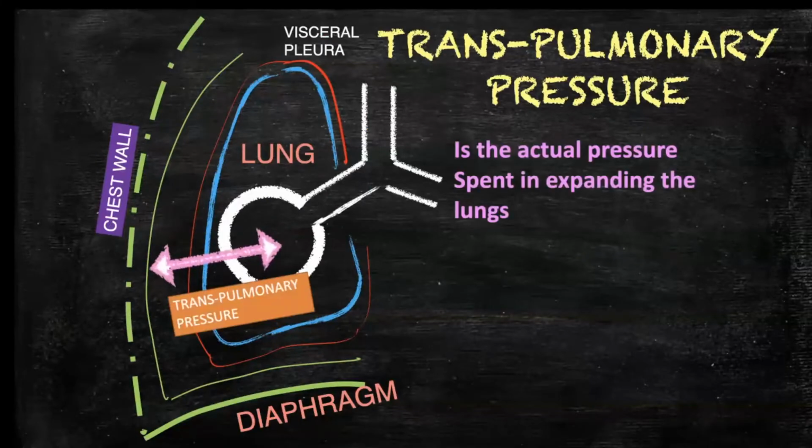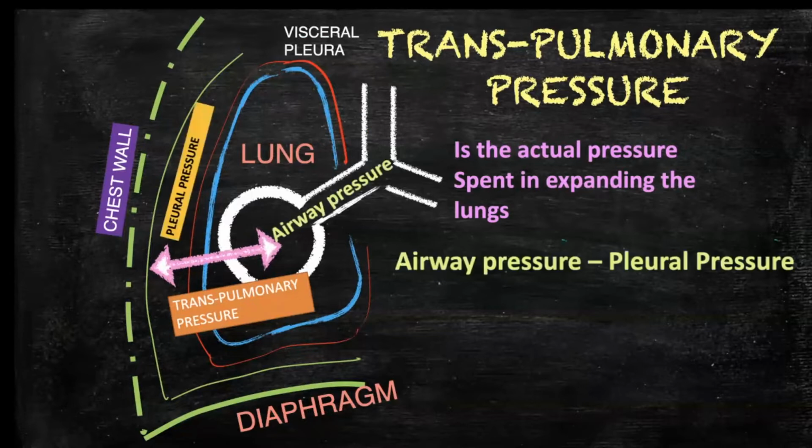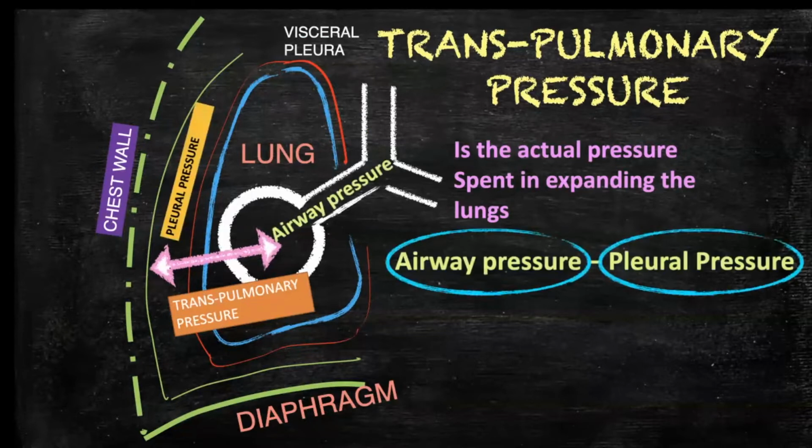Transpulmonary pressure is the actual pressure which is spent in expanding only the lungs, without the chest wall included in this. So this is calculated by taking the difference between airway pressure minus pleural pressure. Airway pressure, as we know, is nothing but the alveolar pressure or airway pressure, which is displayed on the ventilator screen. And the pleural pressure